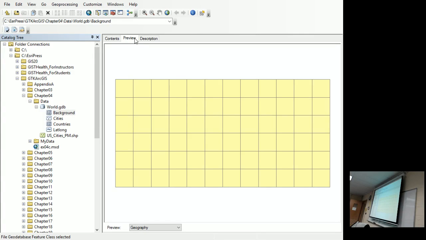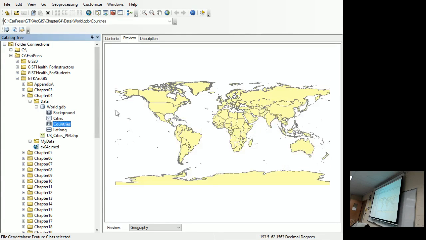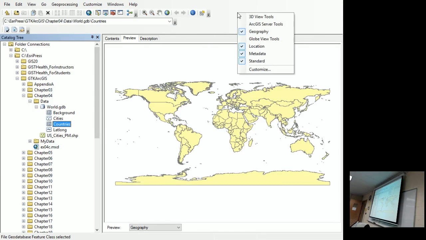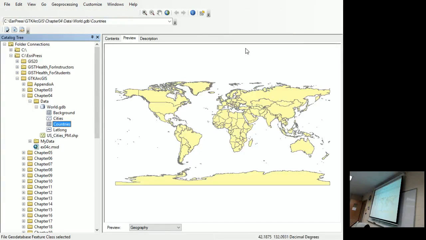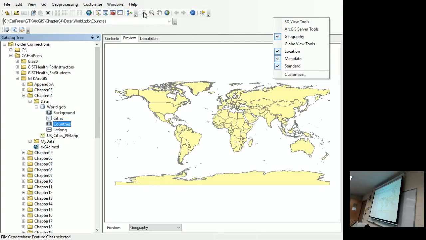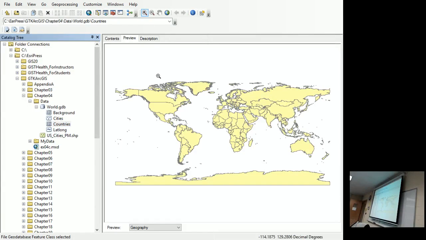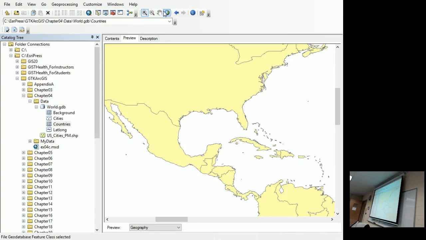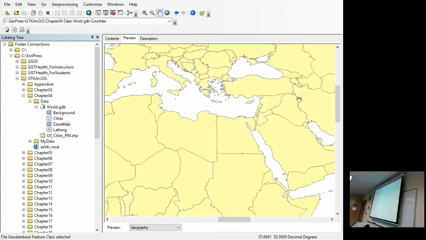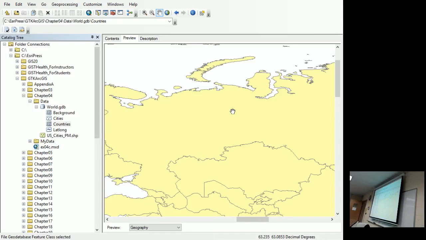Country full size. Oops, no, the countries. Then you can actually use the tools. And if you don't see these tools, standard is there. It's the geography toolbar. If you right click anywhere on here, if you don't see the plus, minus, the hand and the globe, right click and then click on geography so you make sure that it's checked. And then with that, you can click the zoom in and you can get the pan. So everything you did in chapter 3.